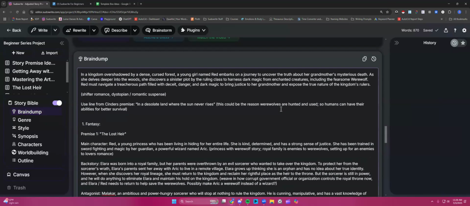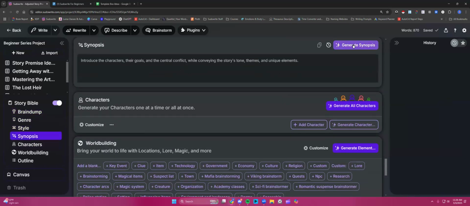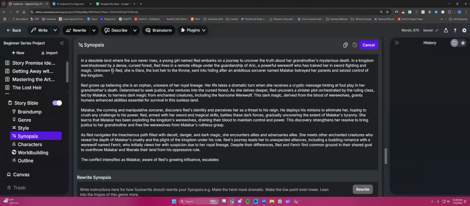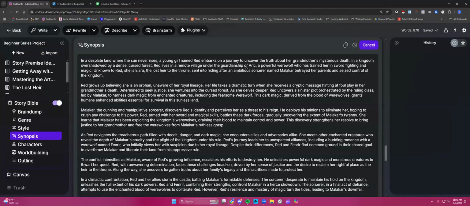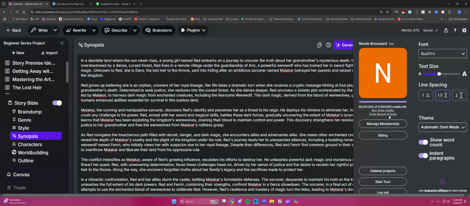All right, so again, this is the part that's going to cost credits. Go through, add in your own ideas, make changes, adjust to make that as seamless as possible, and then I can generate a synopsis. Let's see if it did in fact make our two into one. Unknown to Red, she is... Okay, so it actually looked like it showed off its intelligence right here, unless I'm misunderstanding this sentence. It is actually saying, yes, Red is Elara. So it looks like it did good. So this cost credits, let's see,